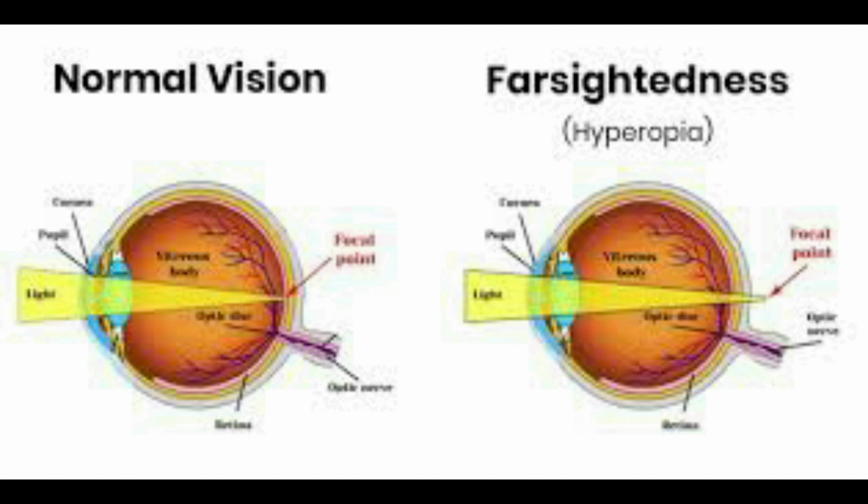Hypermetropia or farsightedness is a condition in which one cannot see closer objects. The light rays are converging behind the retina. Artificial convex lens in our spectacles will converge the light rays, and natural convex lens in human eyes will further converge the light rays to correctly fall on the retina. This is how the combination of artificial lenses and the convex lens in our eye help in treating myopia and hypermetropia.